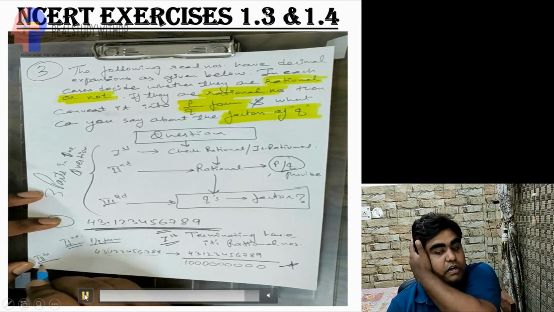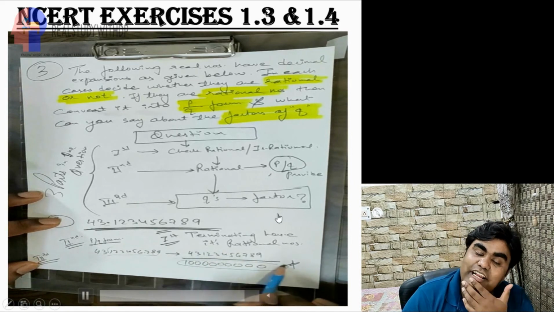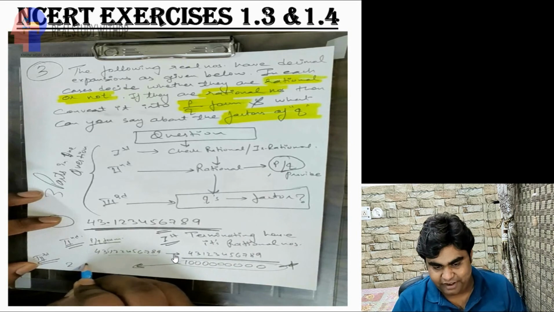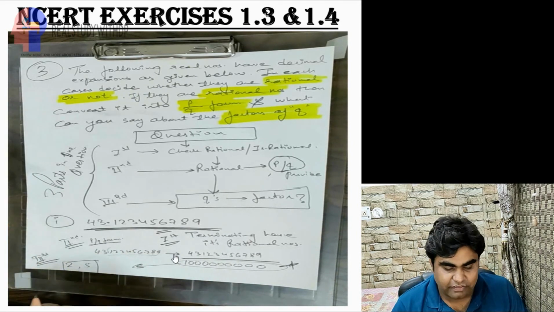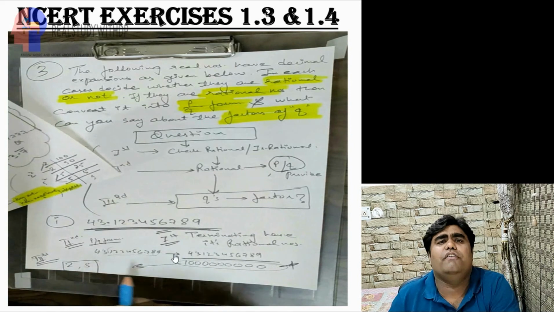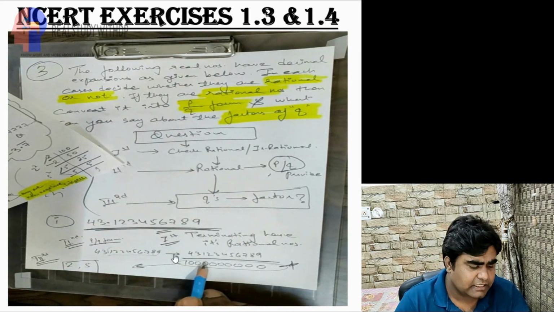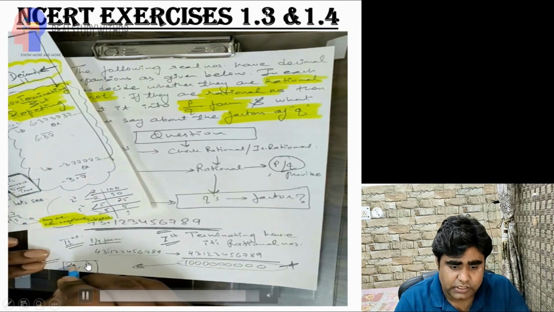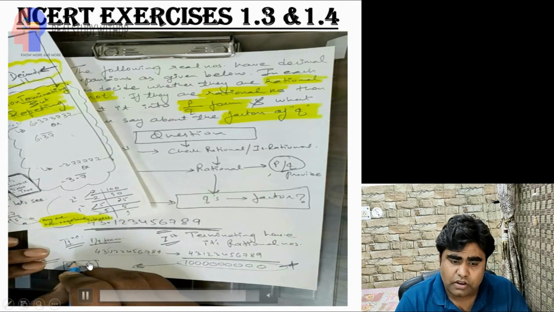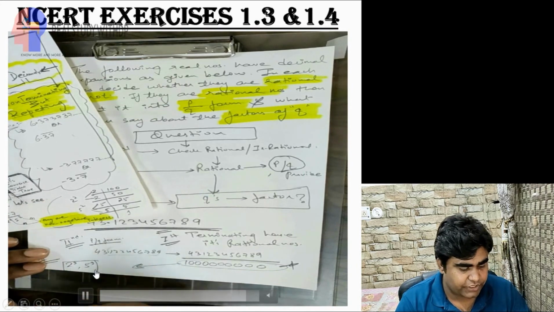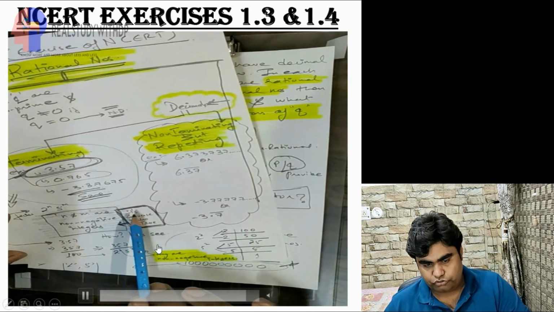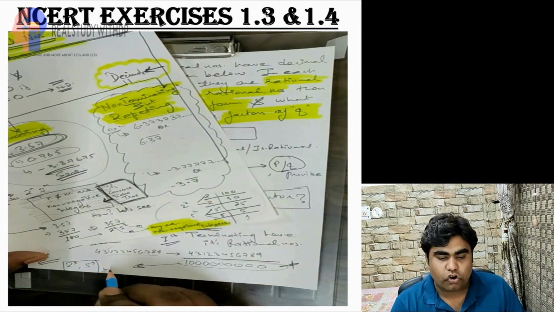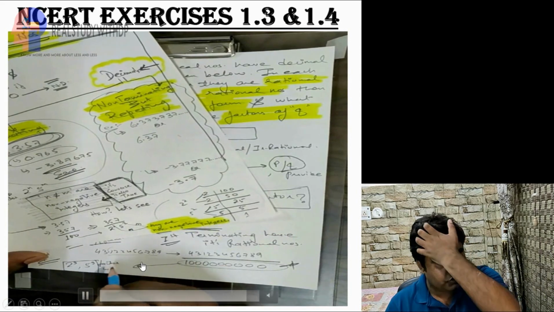Now the third part. What will be the factors of Q? So the factors of Q are going to be only in the form of 2 and 5 only. There will be no other factors than this. However, if you are going to perform the actual factorization, you will come to know that 2 will have 9 repetitions, and also 5 will have 9 repetitions, if you are going to perform the prime factorization of this number. So obviously there is no need to do that. You can simply write